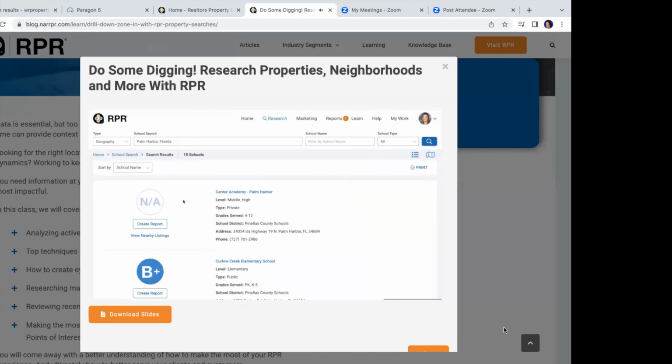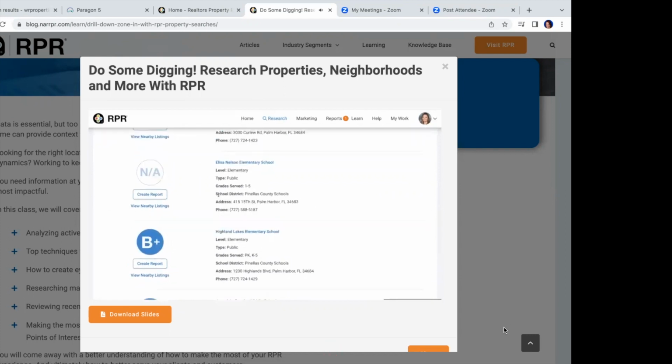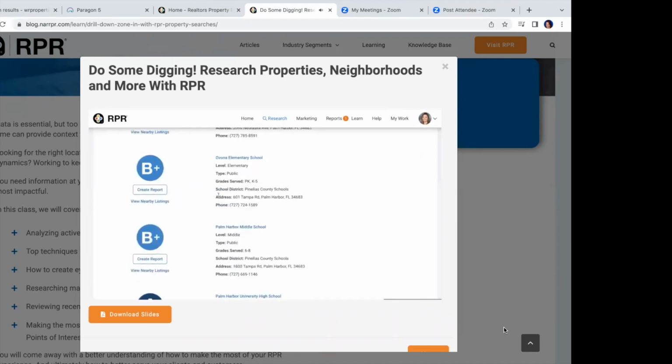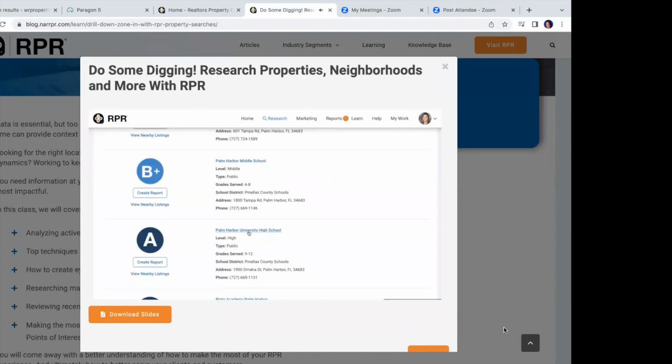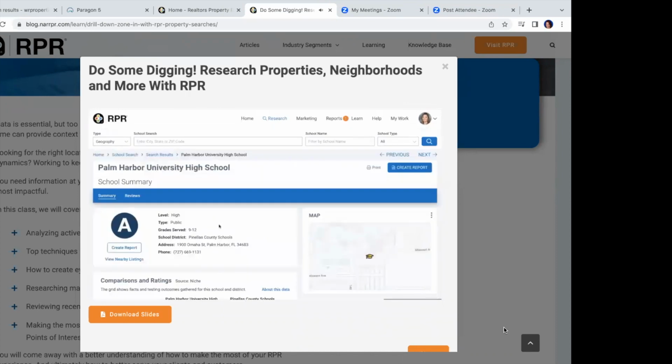And then you can come in, we get 15 schools. These are, again, elementary, middle, and high. These are public, private, and charter. So we can come in, we get the elementary schools, but I want to go into the high school because high school has the most when it comes to school information. So I'm going to go ahead and click into Palm Harbor University High School,